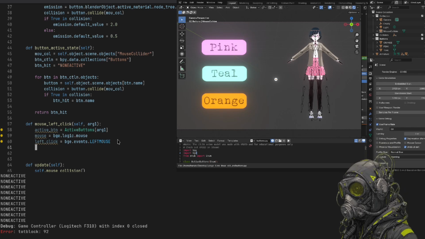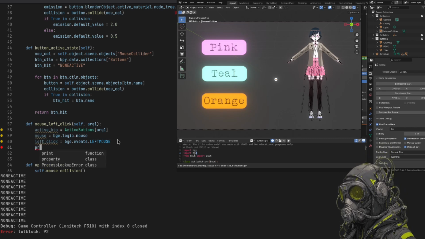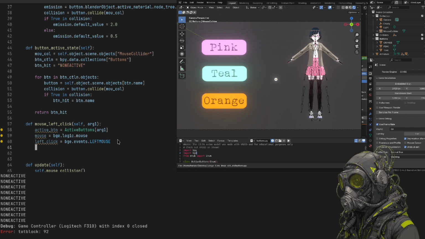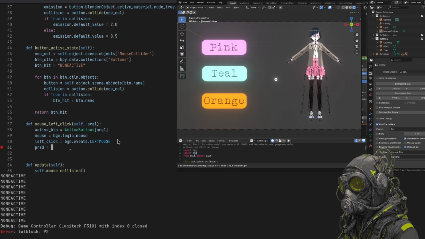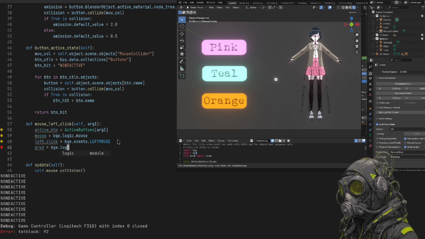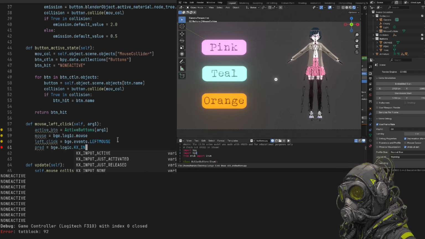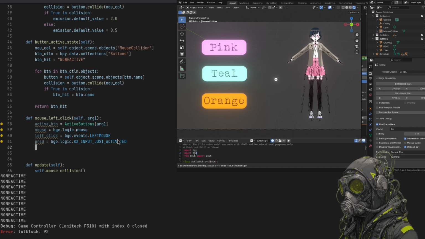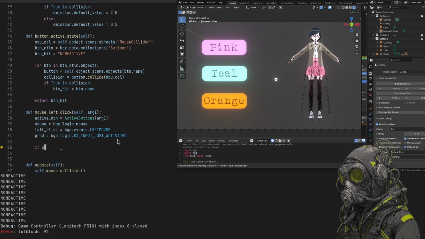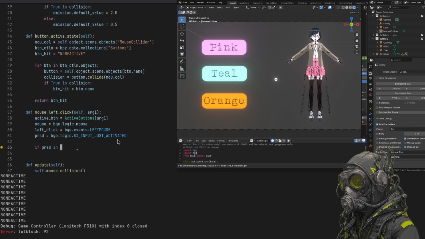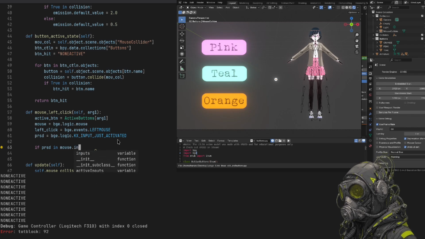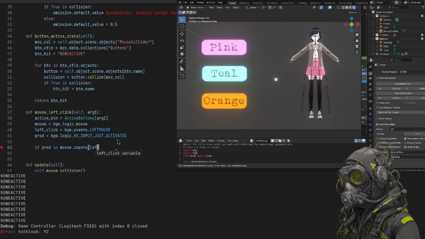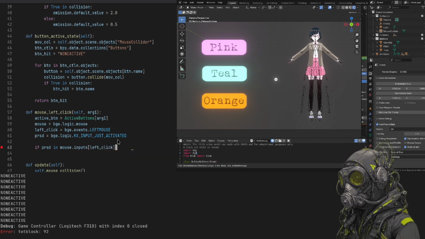We don't want to hold down the mouse and have anything, so we're going to create a pressed variable. So a pressed variable is bge.logic.KX_INPUT_JUST_ACTIVATED. And then we're going to say if pressed is in mouse.inputs[left click].queue,